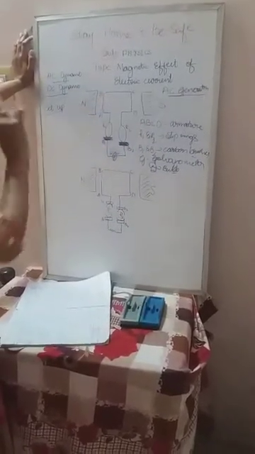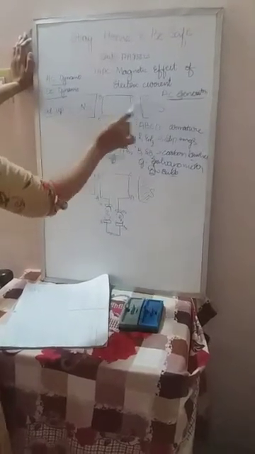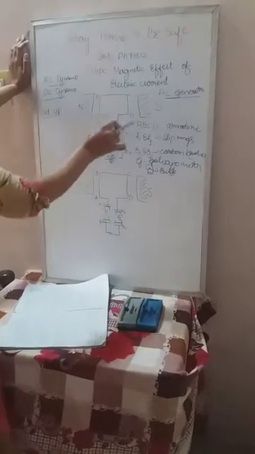So the AC generator consists of, first point, an ABCD rectangular copper coil mounted between two powerful horseshoe magnets, that is the north and south. And keep in mind that the ABCD rectangular copper coil is called the armature. Armature means the ABCD rectangular copper coil having two free ends, right?